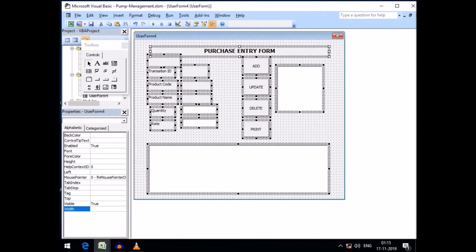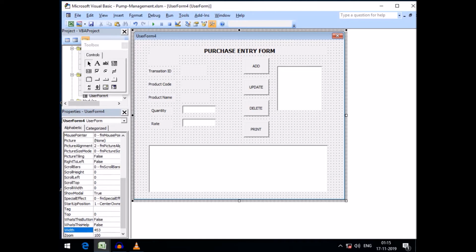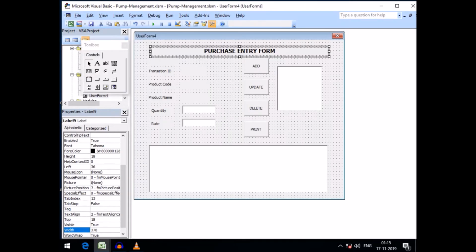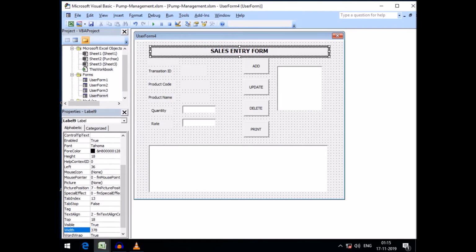And friends, this is our sales entry form. Instead of purchase entry,